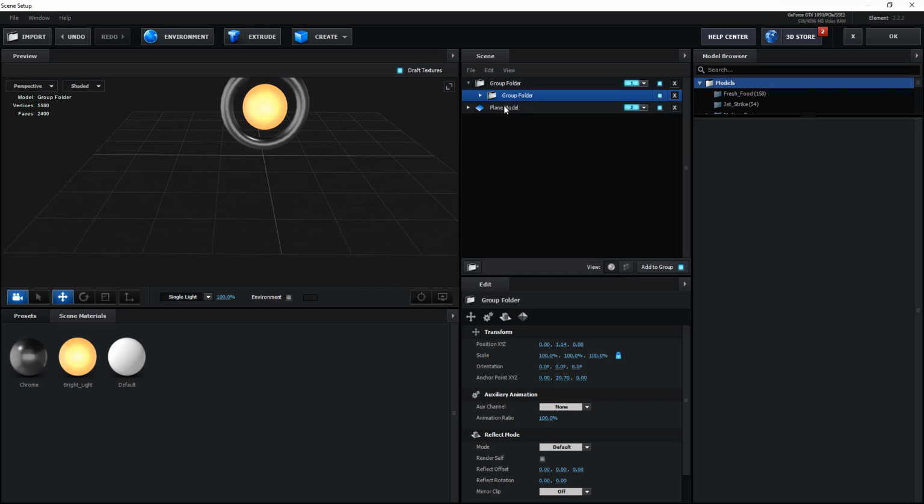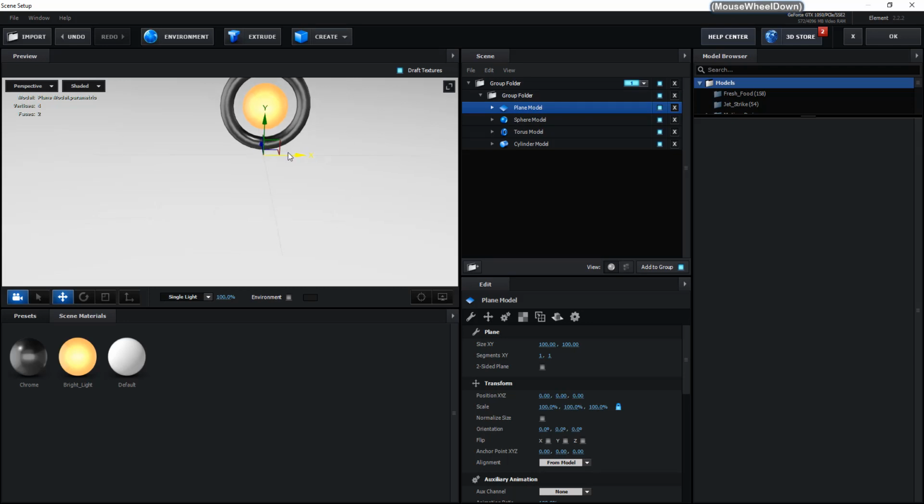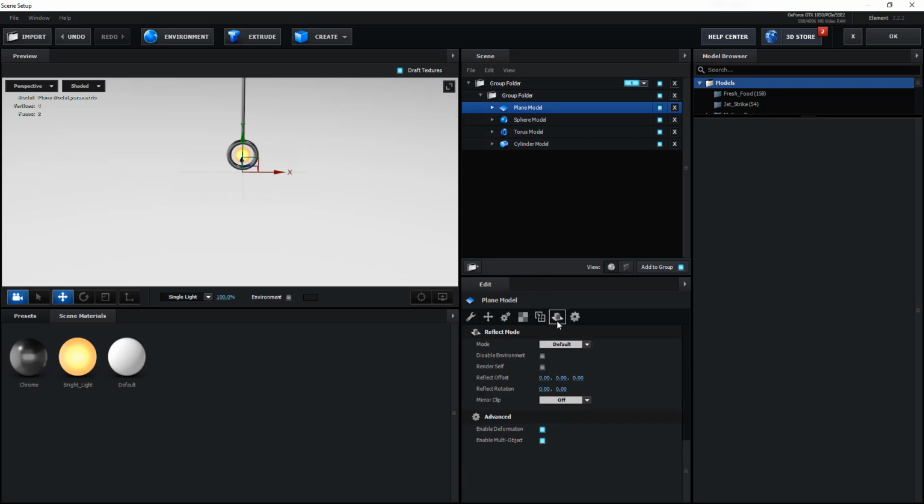Now we can again drag the plane model inside the subgroup, so we can see both pendulum and the ground at once. With the plane model selected, click this reflect mode, and you need to apply the mirror surface and expand it.